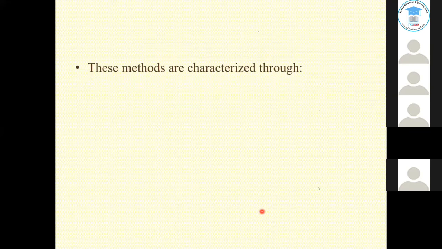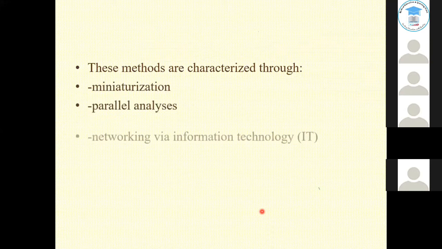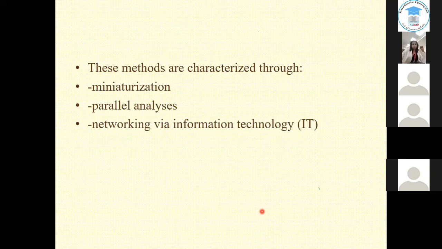The methods through which you can introduce newer technologies in POC include miniaturization, parallel analysis, and of course, the most important part, that is networking via information technology, wherein you can integrate the data from all the sites, whether it's across the laboratory, across the hospital, in camps, in outreach areas, clinics, or at home with the doctor, and take a consult easily and also initiate immediate therapy to serve the basic idea of using a point of